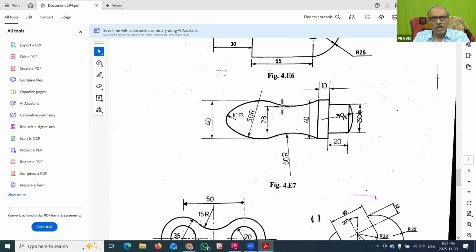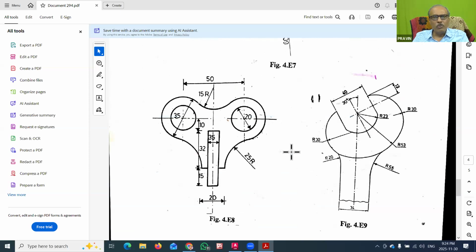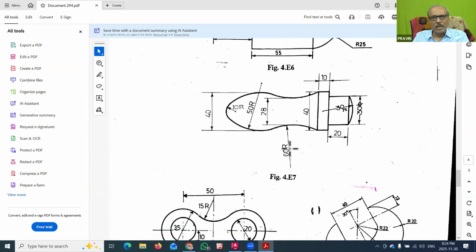So this you have to complete, then you can complete this much part. At this edge, you can make the fillet, so that half part of the handle was ready, and then you can mirror it at the bottom. So in this way, it should be challenging to all of you that we have to understand which command fits here and how that command can be smartly used with this object. So that is one of the important challenges that we have to identify, and then accordingly we can draw the